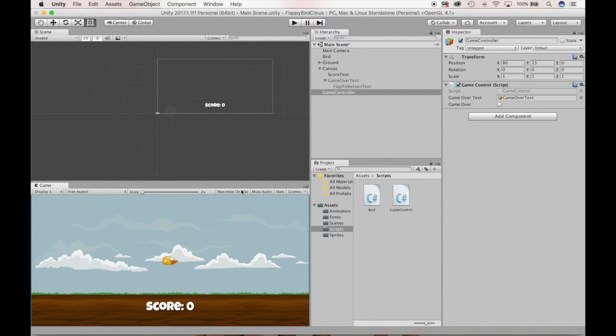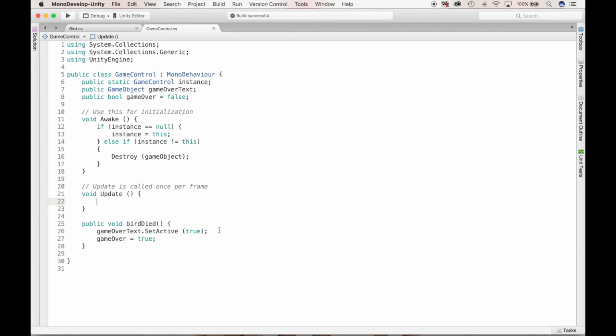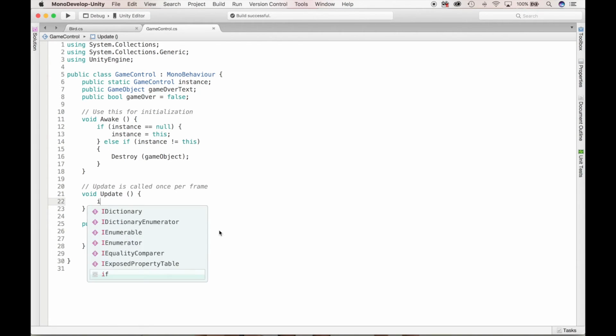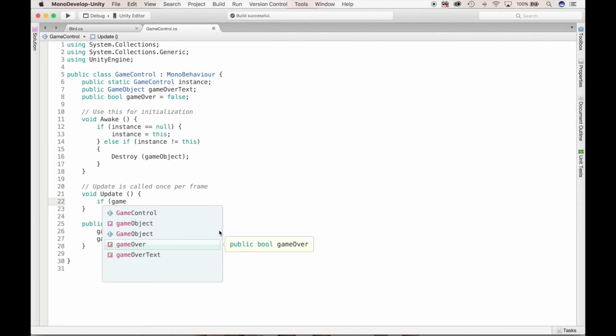So let me go back over here. And remember, we created a scenes folder, and the main scene is what we saved. We only have this one scene. We called it main scene. So in essence, what I need to do is reload this scene and start all over again. All right, so in update, we'll say if the game is over,